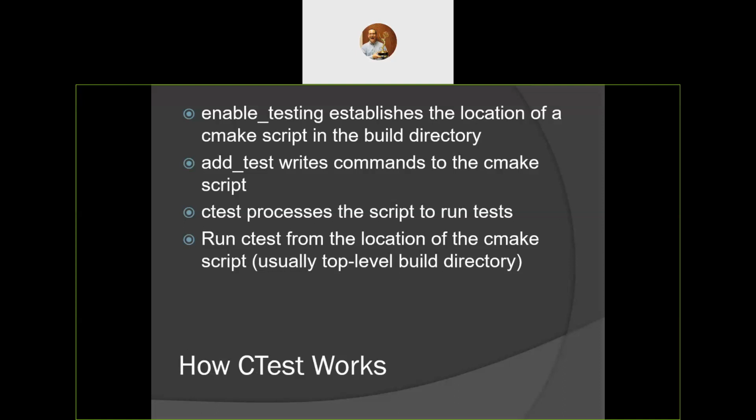If you modify your CMakeLists and CMake reconfigures, that script will be regenerated. So anytime you modify a CMakeLists to add a new test, your build will notice that your CMakeLists has changed. It will reconfigure and regenerate the test script,